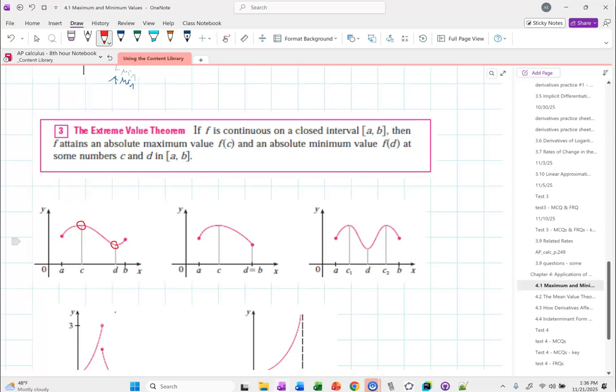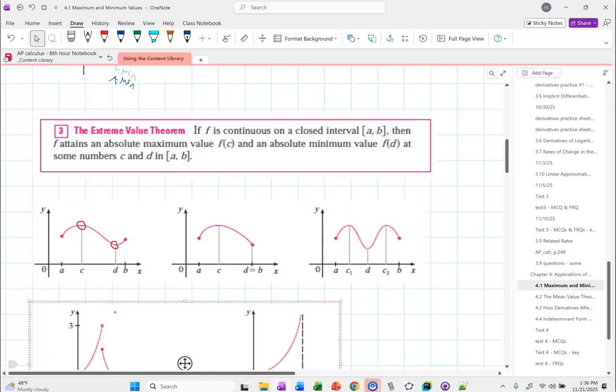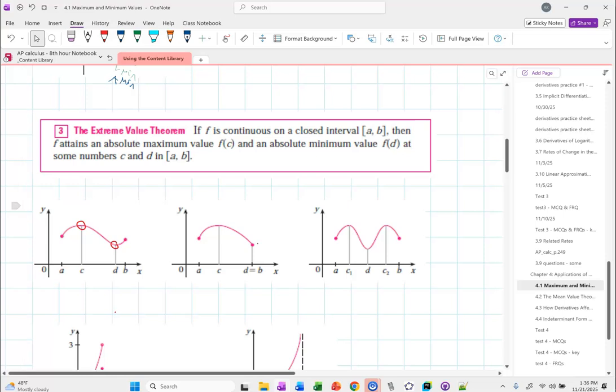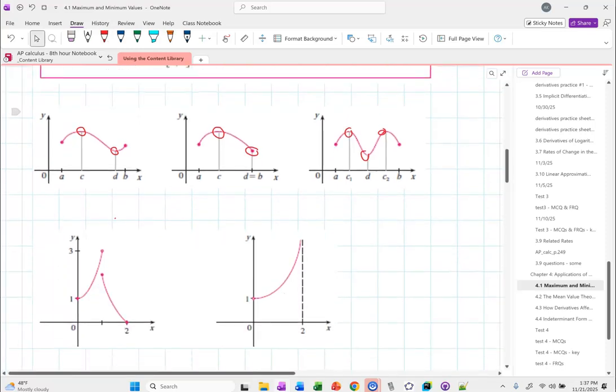What if I do this? And it's like, oh, look, I connected them. So I have a minimum and a maximum, right? The endpoint becomes my absolute minimum, right? Or if I put them at the same level, then, oh, look, no matter how I draw this, if I draw a straight line, they're all maximums and minimums, right? Every point on the line. All right, I get it, Mr. Blue. Can't do it. I want to point out to you with these next two pictures why the closed interval